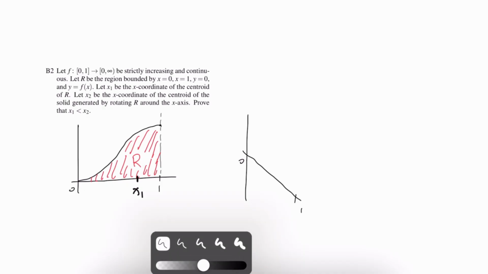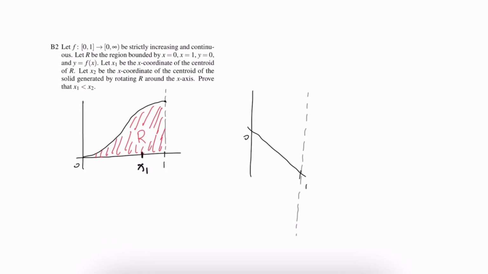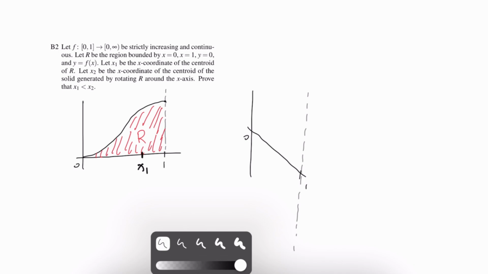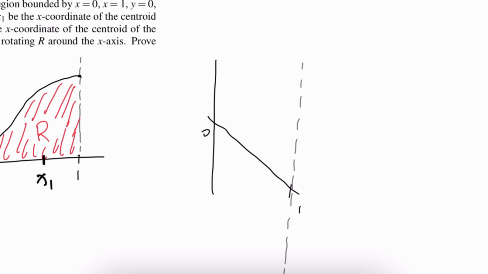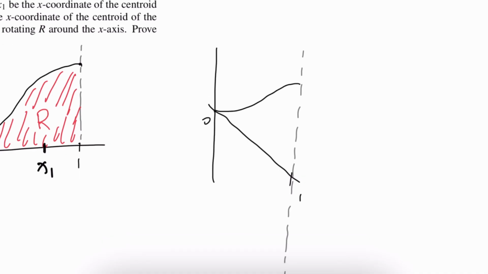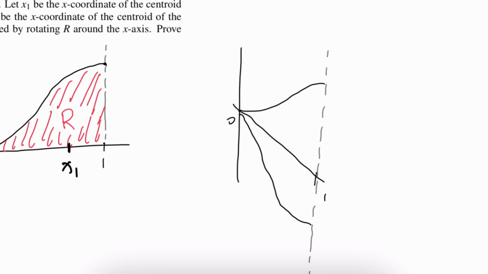From 0 to 1, we have f above the line. When we rotate it, it'll be below the line, and because we rotate it around the x-axis,